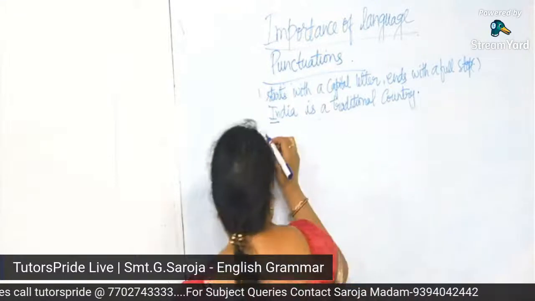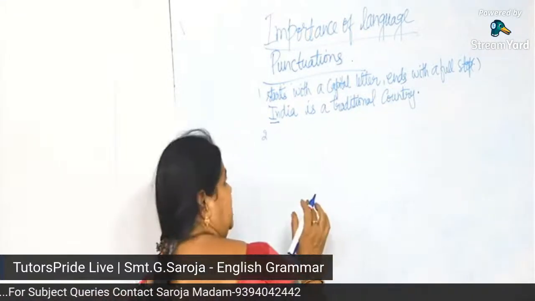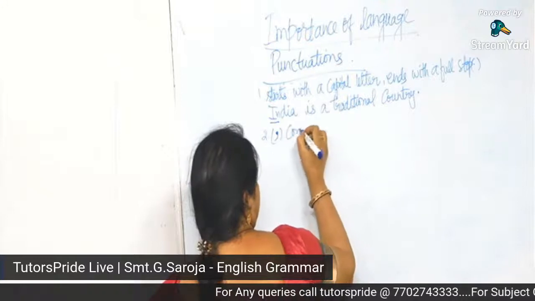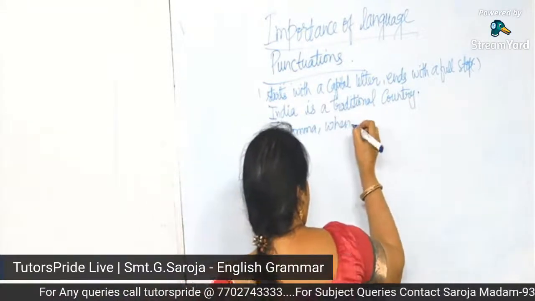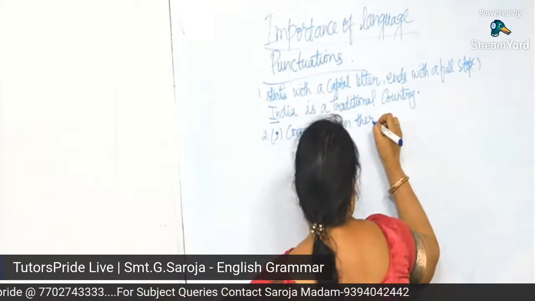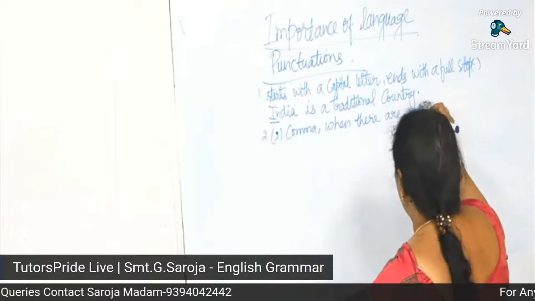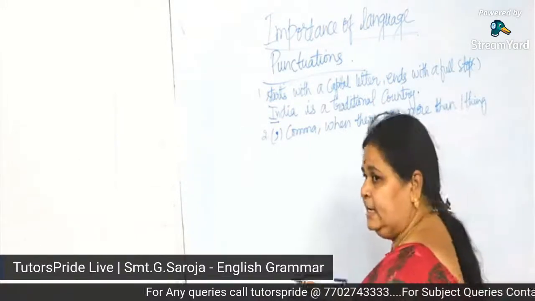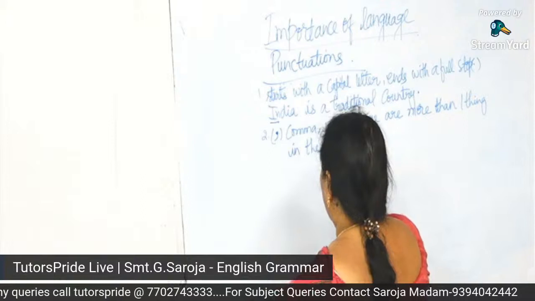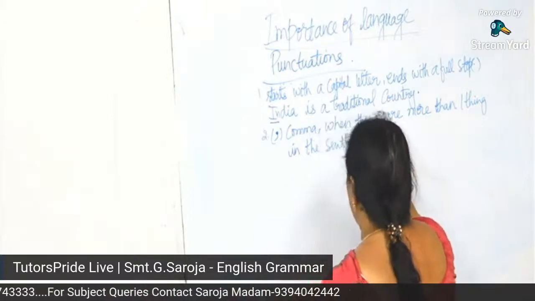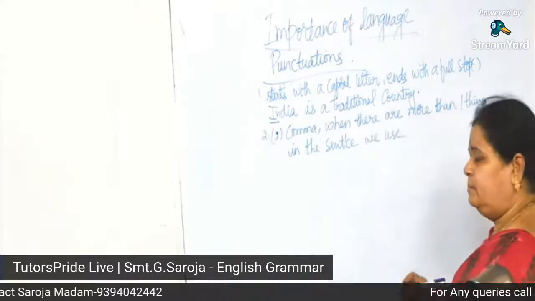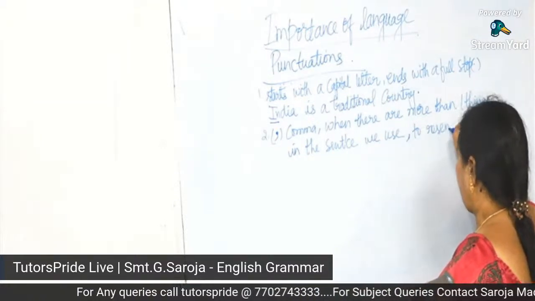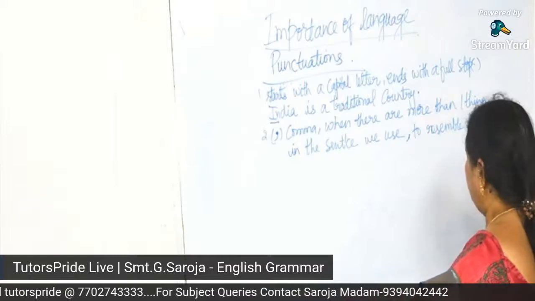Next, comma. I'm not telling in an order, but this is called a comma. When do we use comma? When there is more than one thing in the sentence, we use a comma to separate them. Clear? Example: